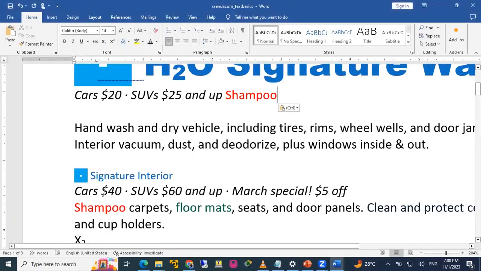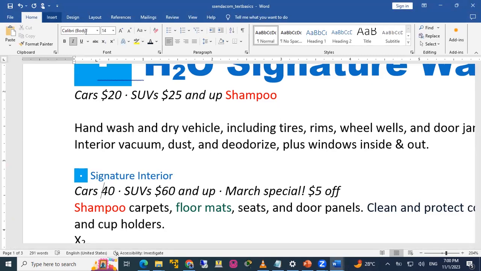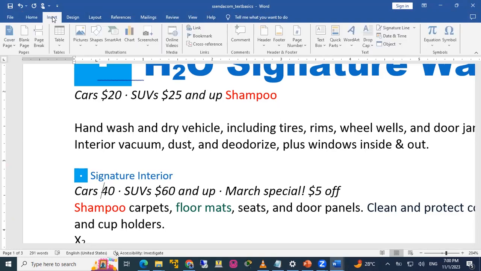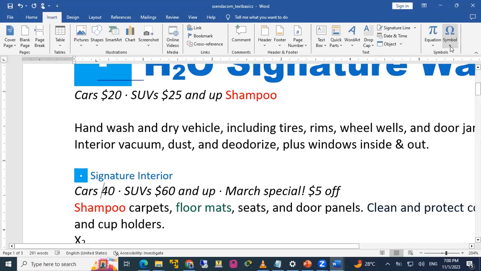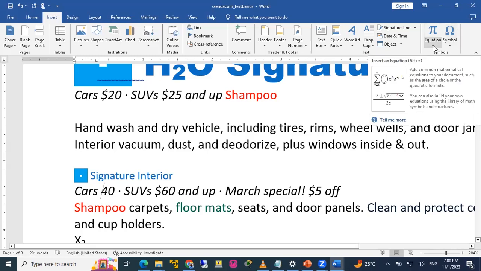Okay, the symbol. I want to insert some dollar here. There was no dollar here. I want to select insert the dollar. So you go to where you click where you want to insert the symbol. And then you go to insert. Now to your ribbons, you go to the insert tab, you click, and then you go to the far right, and you see symbols. Now for mathematicians, which I will not talk about, you can do equations as well.